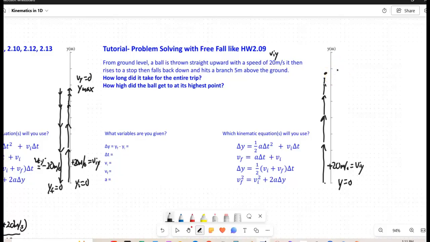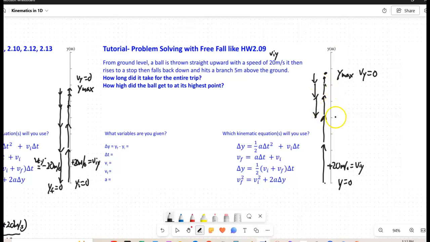Now we know that is the maximum height, and we know velocity in the y direction is 0 at that point. Okay, and then it's going to start coming back down, so it's going to turn around and start falling back down,